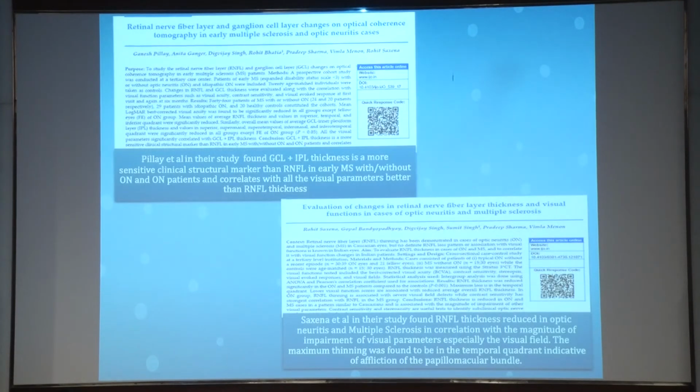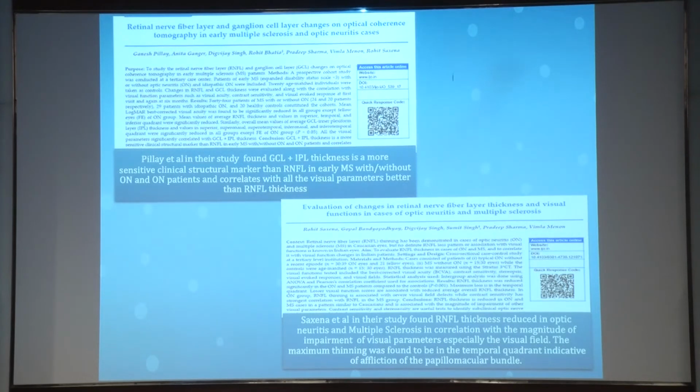These are some of the studies published at our center. Saxena et al. have found that RNFL thickness is reduced in optic neuritis and multiple sclerosis in correlation with the magnitude of visual impairment, especially the visual field. The maximum thinning which was found in our study to be in the temporal quadrant, which was indicative of affliction